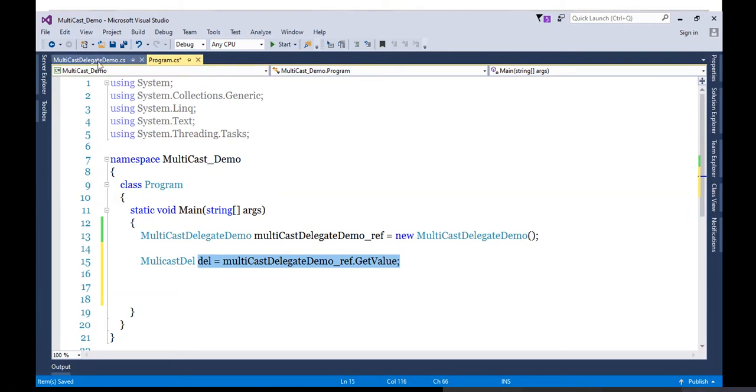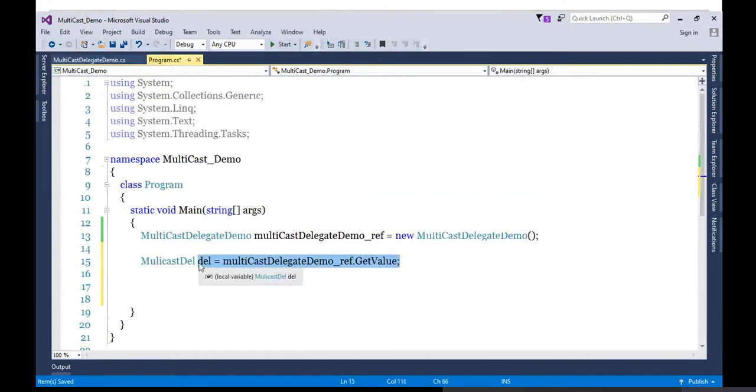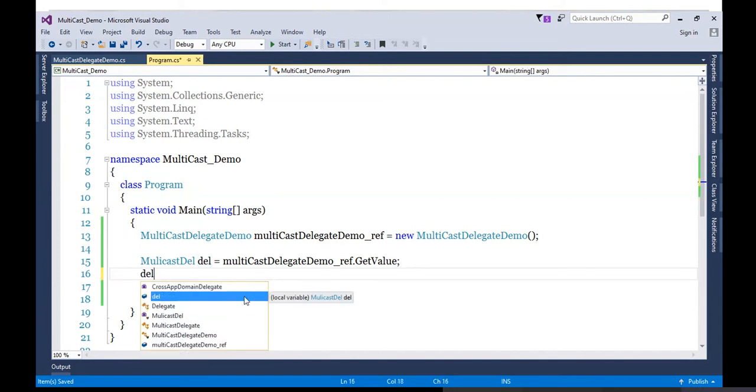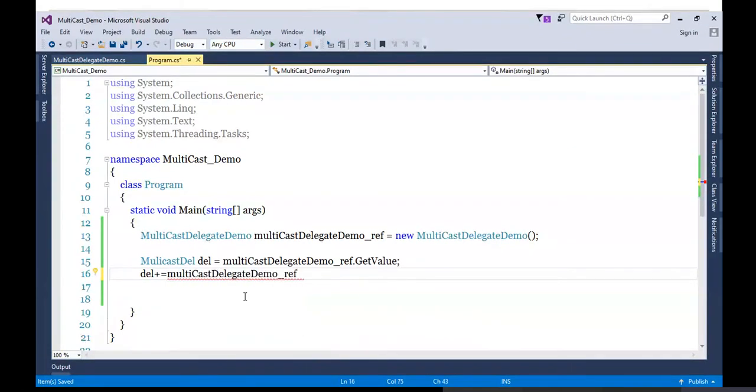Now GetSquare is again an instance method, and the requirement is that I want to add this in the same delegate reference. So what I will do is delegate plus equal to. This is the syntax, plus equal to means I'm adding it. MulticastDelegateDemo reference dot GetSquare.